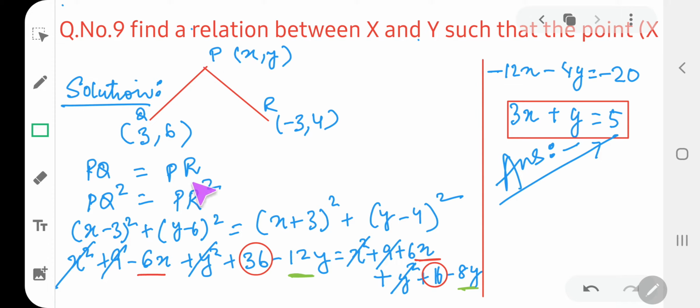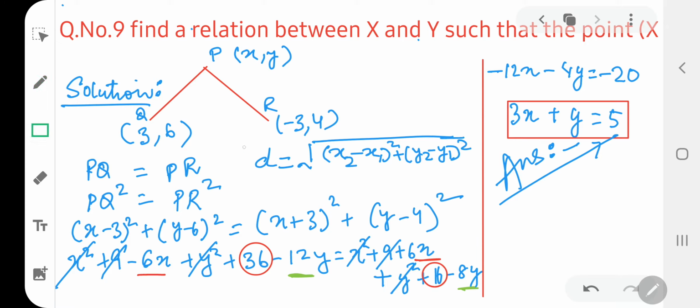Let's start from here only, since this is a question of the distance formula. We have to find out distance PQ, we have to find out distance PR. That means we have to apply the distance formula, and to get rid of that square root sign, I am taking square on both sides. And again write down the distance formula. What is the distance formula, children? The distance formula is, I think everybody is able to write, x2 minus x1 whole square plus y2 minus y1 whole square.